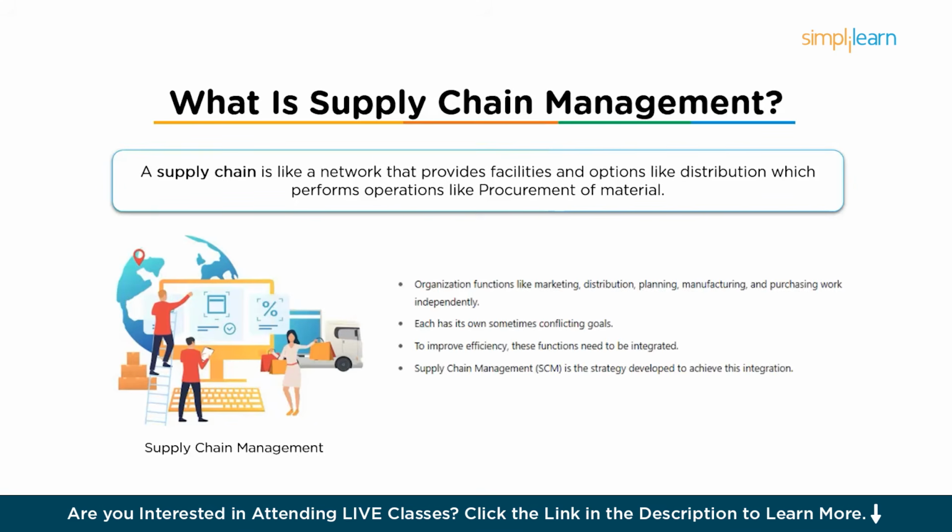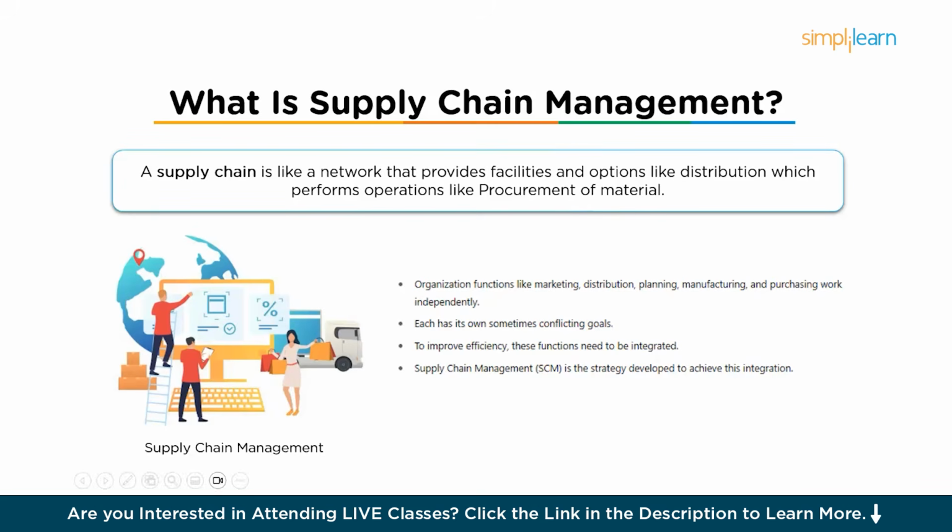So there are some key points regarding the supply chain. Like in previous times, all the organizations like marketing, distribution, planning, manufacturing, and purchasing organizations worked independently along the supply chain. The second is organizations have their independent objectives, which are sometimes conflicting also. The third one is to work in an efficient manner, there arises a need through which these different functions are able to integrate together. Fourth one is therefore supply chain management is a strategy that came into existence through which such integration can be